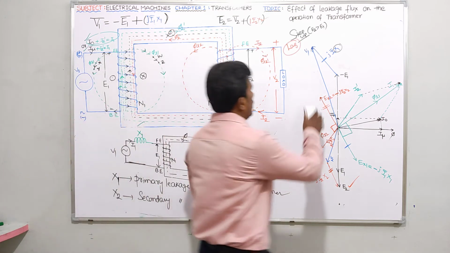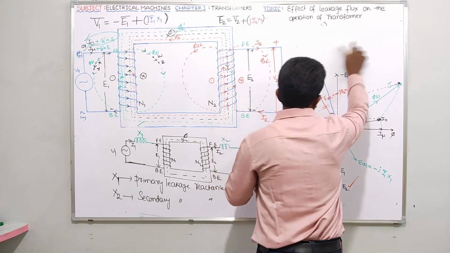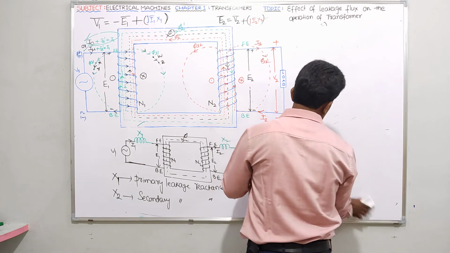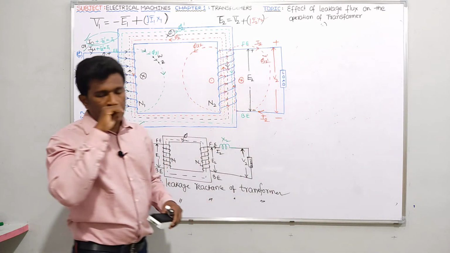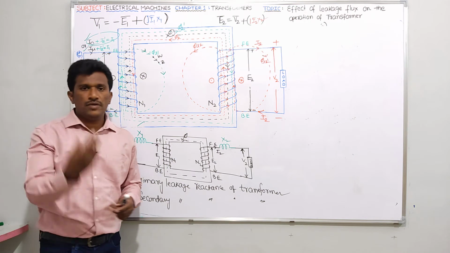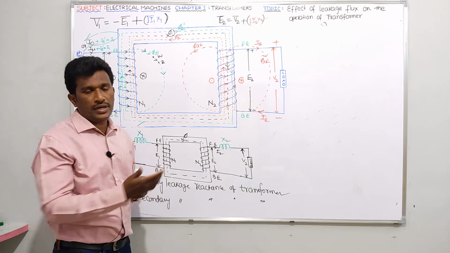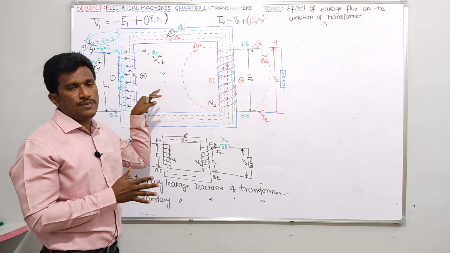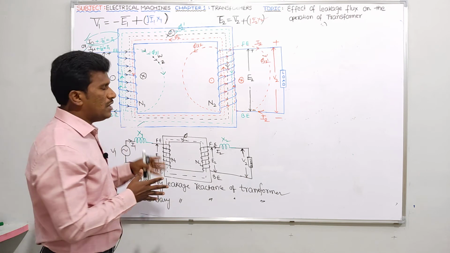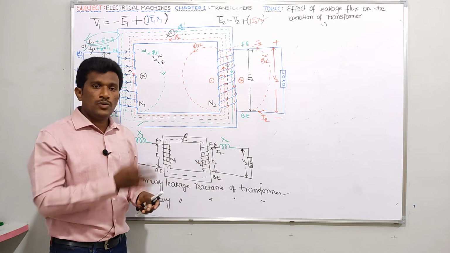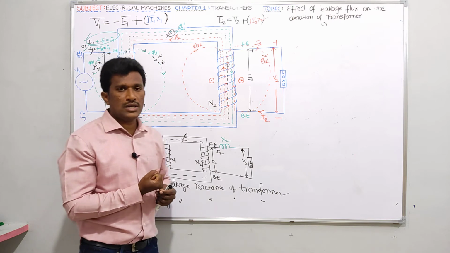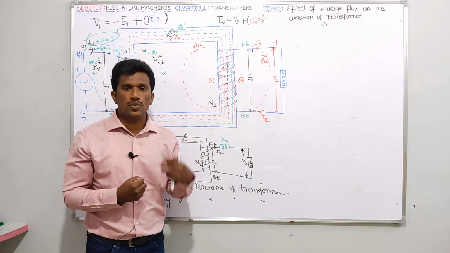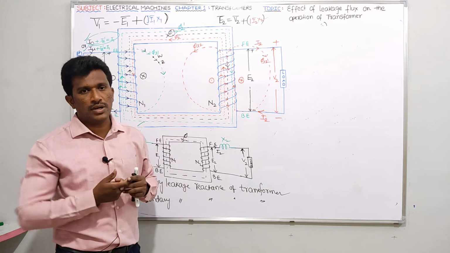So guys, in this video, lastly I will see one very simple thing. I think we covered the referring concept in the previous video. In the primary side there is resistance R1, and in the secondary side resistance R2. After referring, R2 coming from secondary to primary becomes R2 dash, and R1 going from primary to secondary becomes R1 dash. R2 dash equals R2 by K square, and R1 dash equals R1 into K square. Like that we got two formulas.